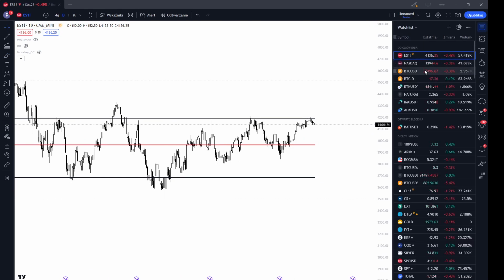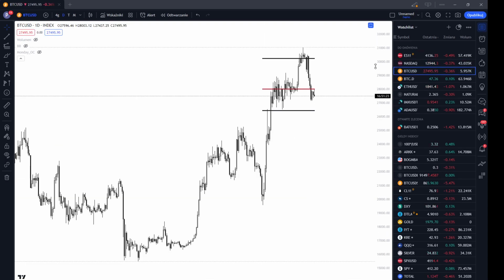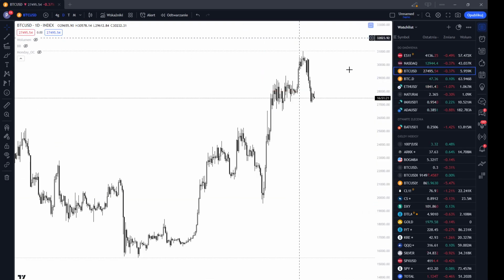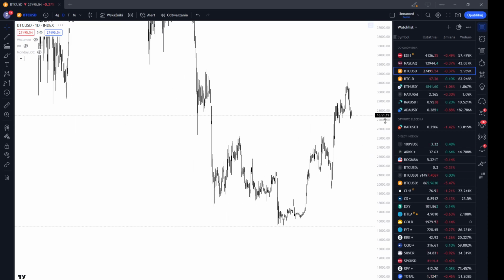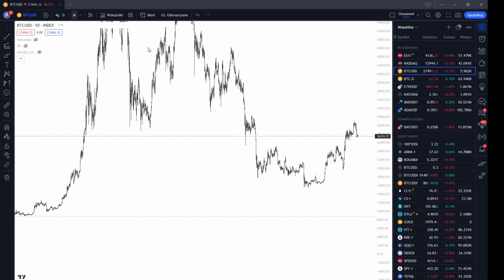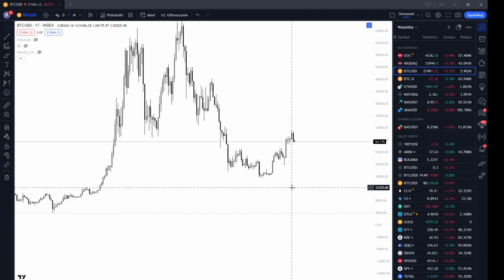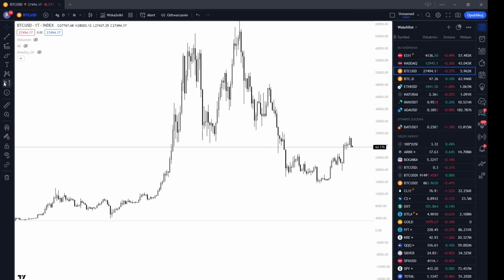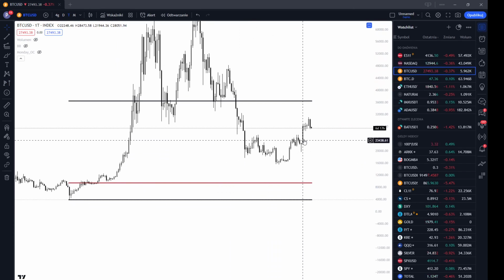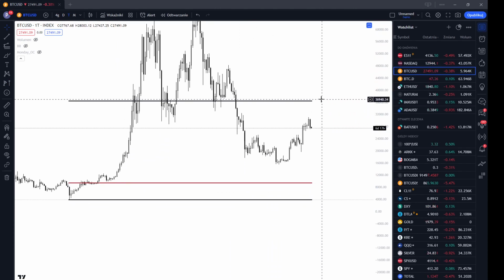Let's skip Nasdaq. Let's go to the BTC to show you what I mean with this retest from the bottom. So let's go from very high level down to the 4-hour chart. Let's pull it up from here to here. Like you see, we are in no man's land. We have not touched value area high yet,